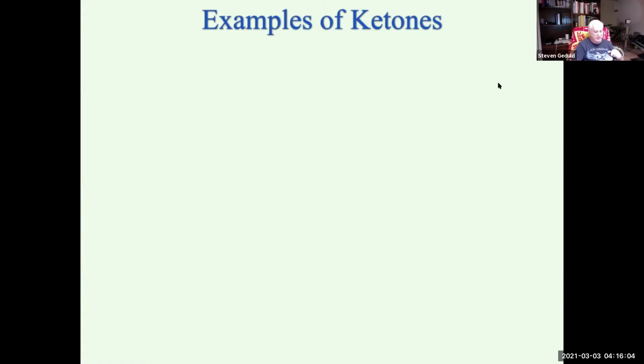In aldehydes, you drop the E, add Al. And they're always at the end. Aldehydes are always number 1. Ketones can never be number 1. You're going to have to give a number with ketones, except in a couple of instances, like propanone. There's only one place you can put a ketone, so you don't need a number for that one. But most of the time, you have to put a number on your ketones so I can tell where